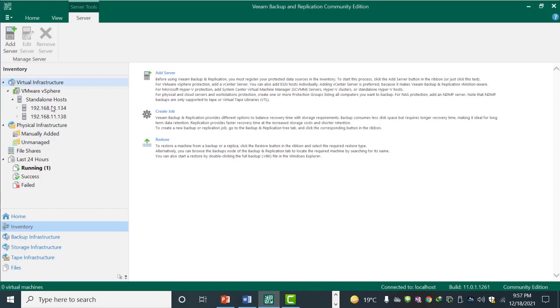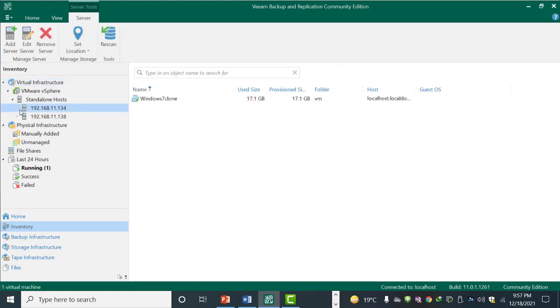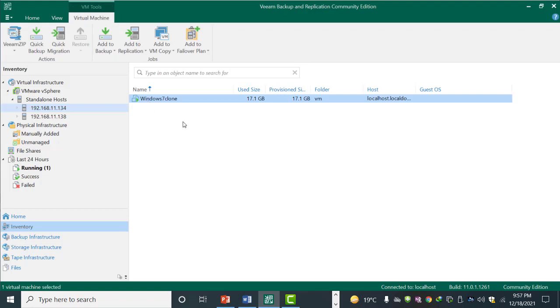So in this way I have added 2 servers. As soon as I click on server 1, which is 192.168.11.134, now you can see this is the virtual machine I want to backup in my next lecture. So the first task is to add any virtual infrastructure or any virtual server into your Veeam console.